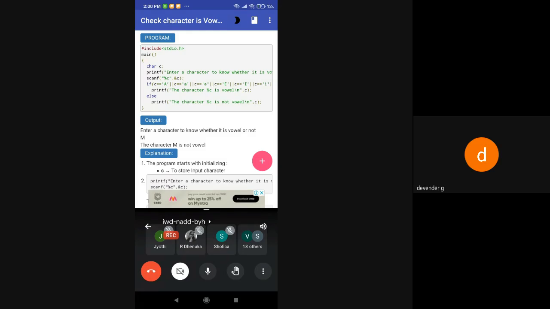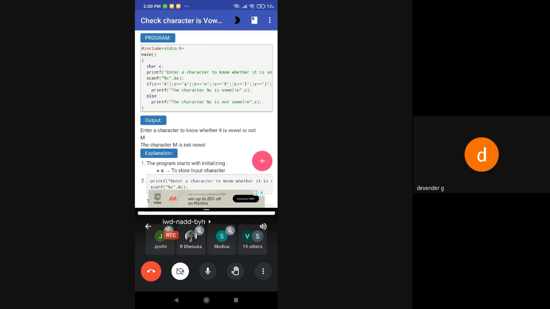At the top, the beginning of the first line, we have seen the stdio.h file. From this we are using the ready-made function called scanf. That scanf is going to accept the character value only, so for that I have used %c. Then which variable should the value be stored in memory? Already we have declared on the top, that is char c, so we are saying &c. Take the value from the keyboard which you are entering, and it has to be stored in the address of c. So for that I am using &c.